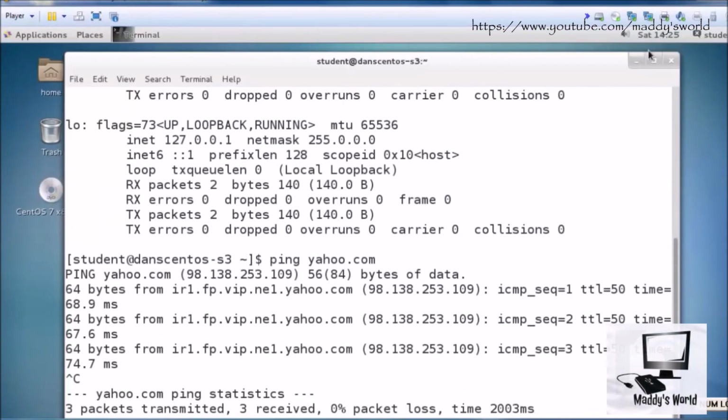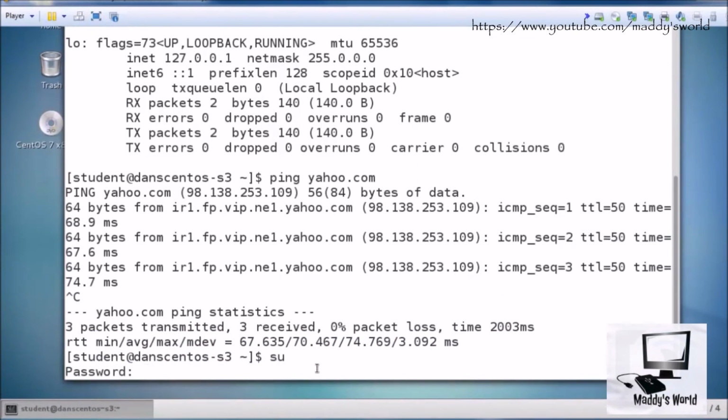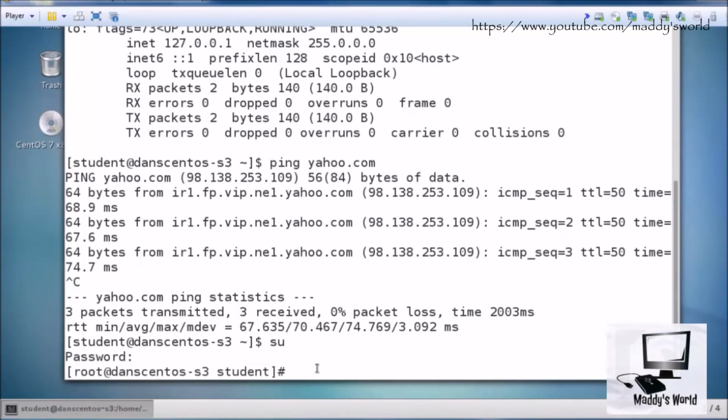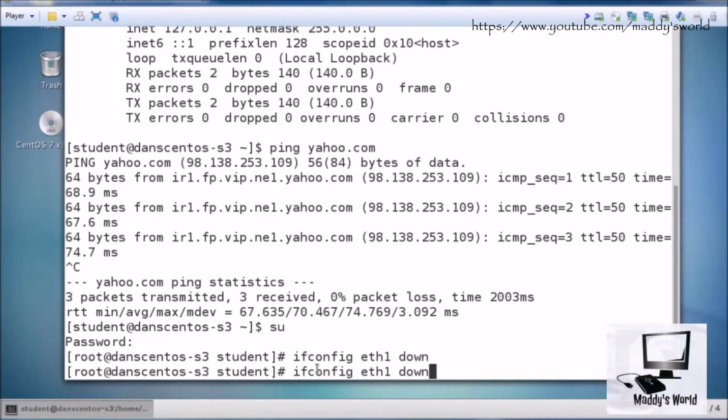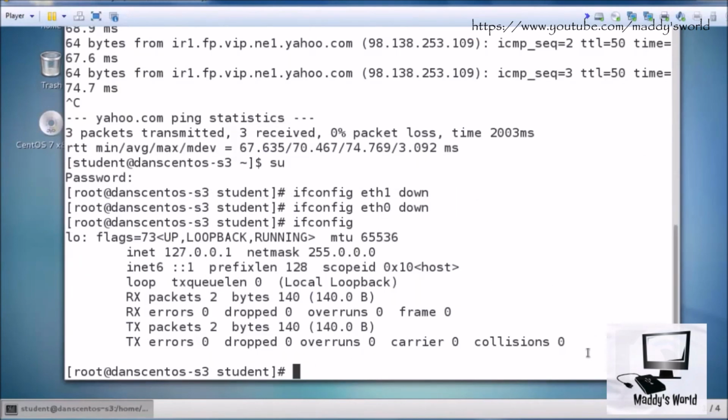And if we look up at the top, you do not see the NetworkManager GUI tool here, so we have complete control now over the network interfaces. If I want to take the interface up or down, I su for root access, and now I can do an ifconfig eth1, let's say down, to take down the interface. I can also do an ifconfig eth0 down, and that should take down the interface. We'll take a look. ifconfig, and you can see that all I see now is my loopback interface, and